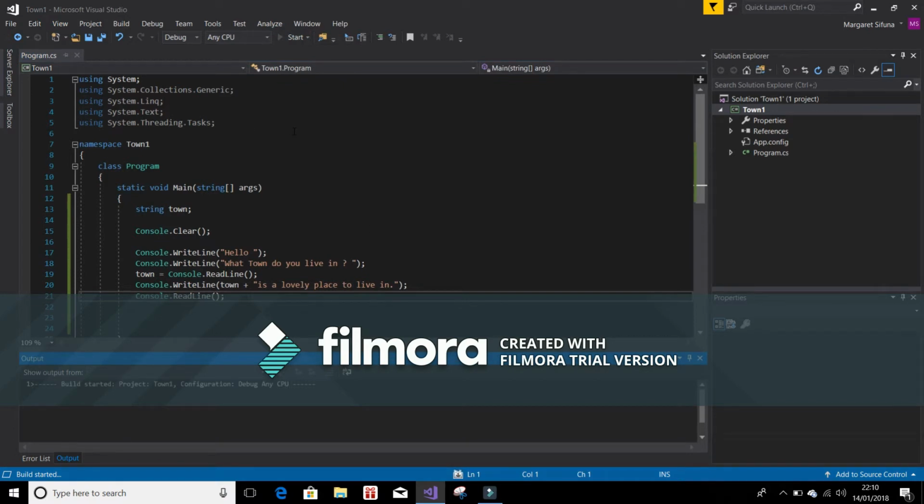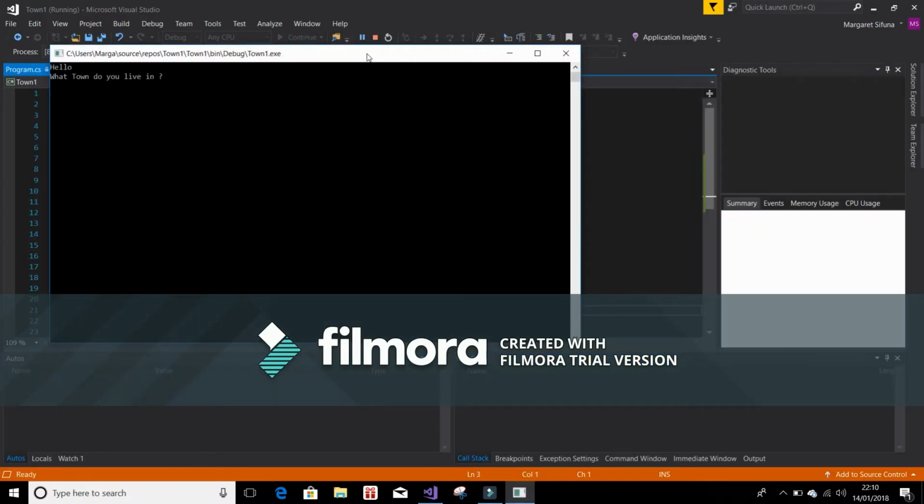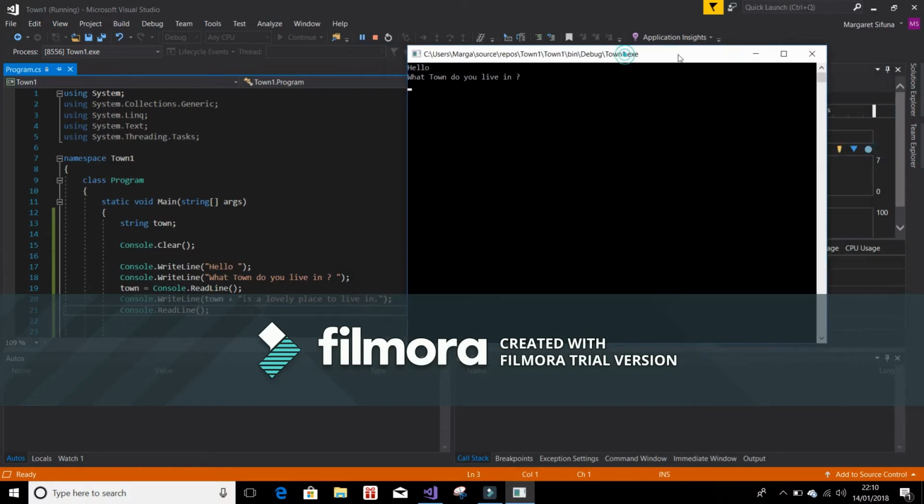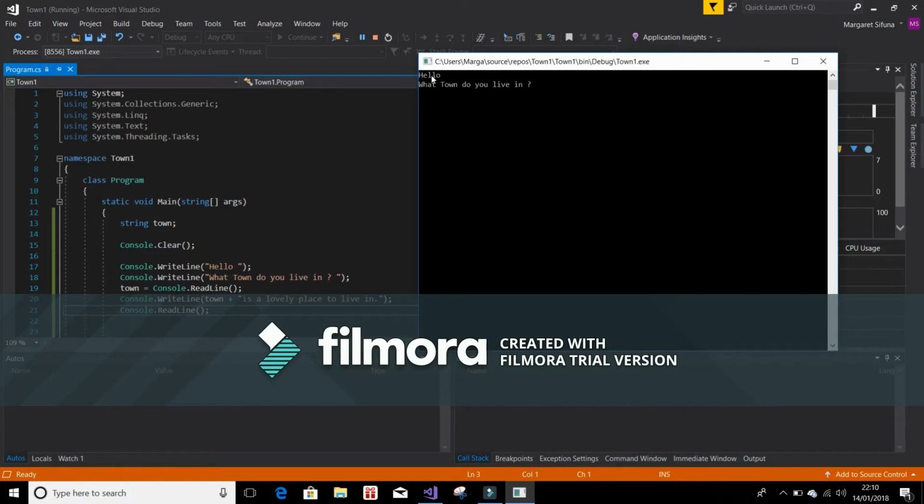So once I do that, you notice that it will start to load the program, and a console will pop up onto the screen, which is a black box. Move it to the side so we can go through the details of what I was writing down. So at the top there, you can see it's written hello. Hello is this over here, which we've told the console to write. The next line is what town do you live in, which is the next line we've told the console to display. And automatically it's jumped down to the next line where the cursor is blinking and waiting for the user